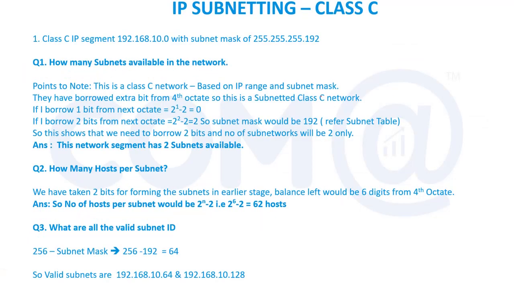Now we'll move on to the subnetting of IP addresses for class C. So now we are beginning the subnetting. We have given some examples in the previous session. Now we have to do the subnetting for class C. So let us see how to do subnetting. Let's take an example of an IP address. I'm taking a class C address directly, and I'm giving the subnet mask.